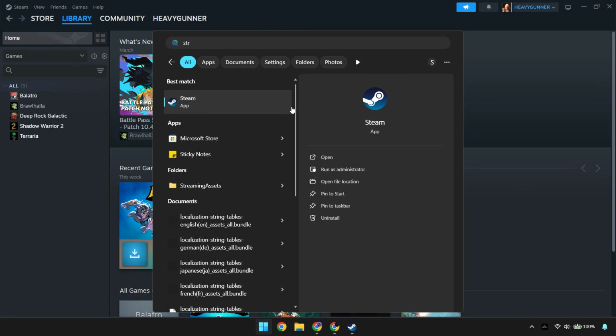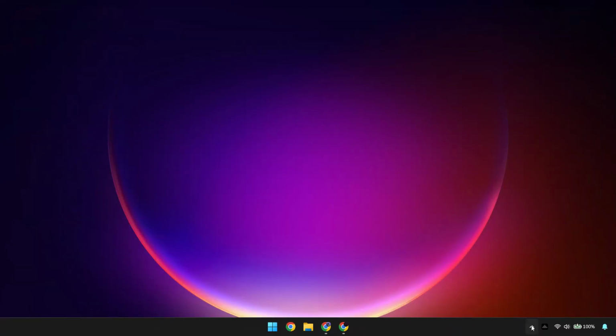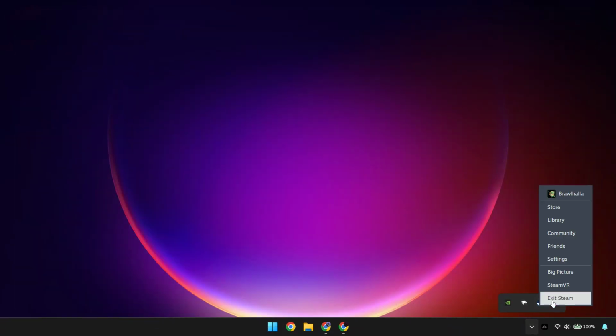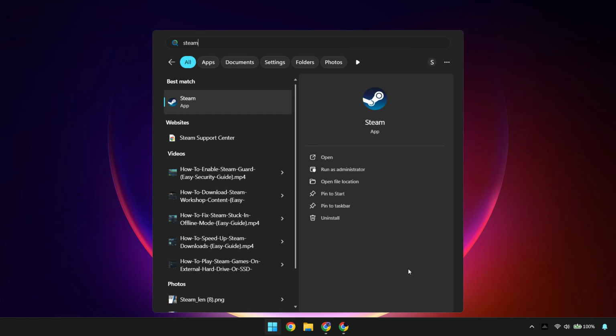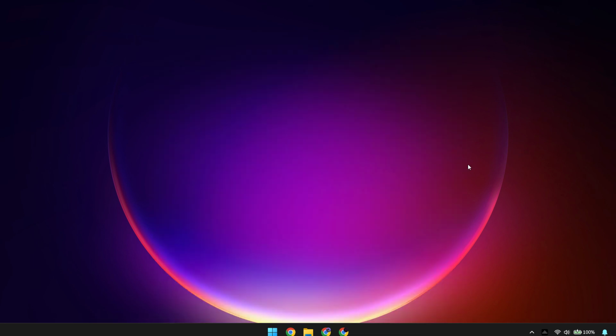Make sure it is not just minimized and check the system tray in the bottom right corner to confirm Steam is fully closed. Then right-click your Steam shortcut on the desktop and choose Properties. Open the Compatibility tab and check the box that says Run this program as an administrator. Click Apply, then OK and reopen Steam. This simple step fixes the Steam API error for a lot of users because it removes permission issues between Windows